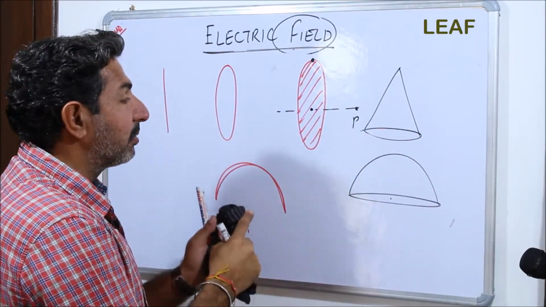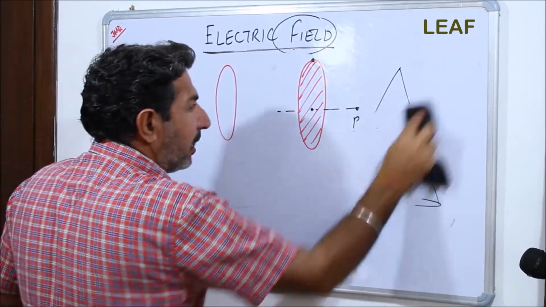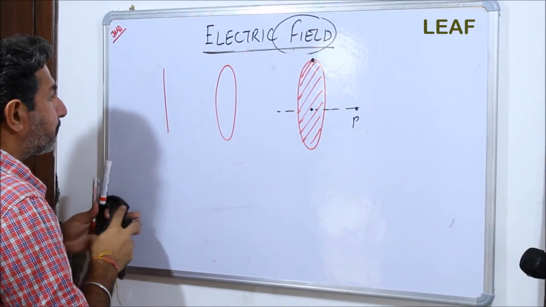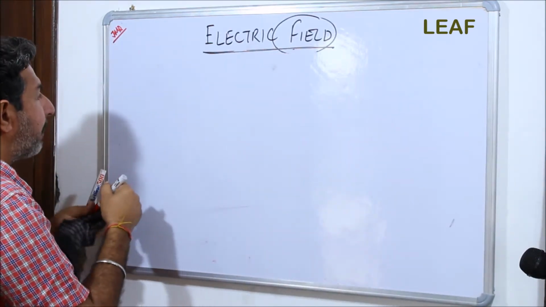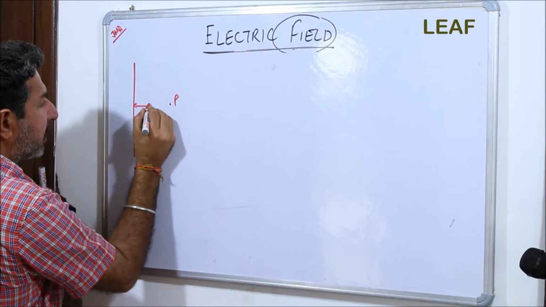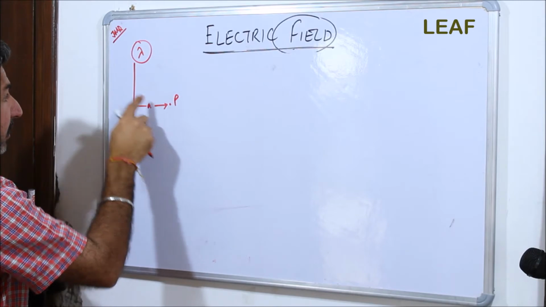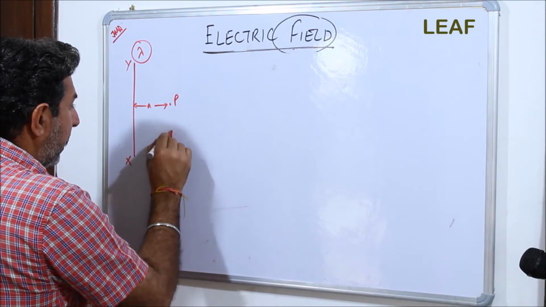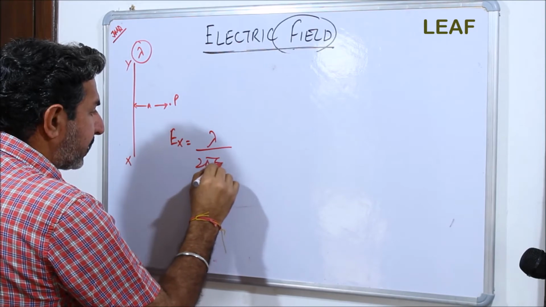We will do it in terms of the numericals. And as far as these three segments are concerned, let me brief you here just for the sake of your convenience. That is, say for a straight wire, step by step, for a straight wire at a point P, at a distance A, and the linear charge density is lambda in this case, and this is a defined length of wire x2 y. It is given by Ex equals lambda by 2 pi epsilon naught A